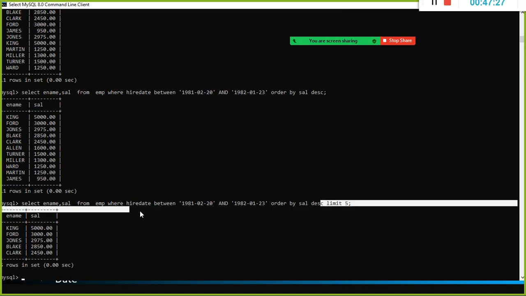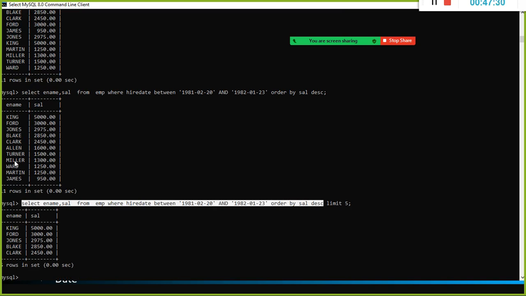So up to this, the result set will be something like this, but within this result set we wanted to fetch only the top 5 records. In a real-time scenario, you will have millions of records. You don't want to see all the records. You want to see the top 5 or top 10 selling products, or top 10 products which contribute to revenue or profitability by category. In each category, what are the top 5 products which contribute to my profitability?